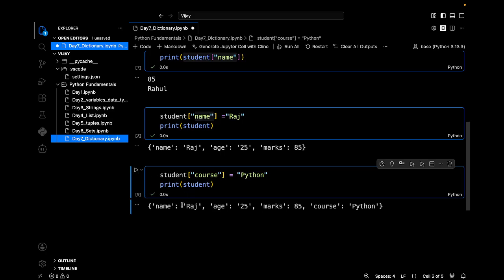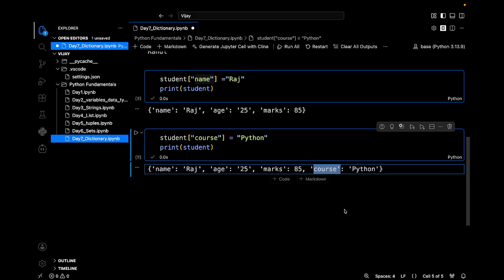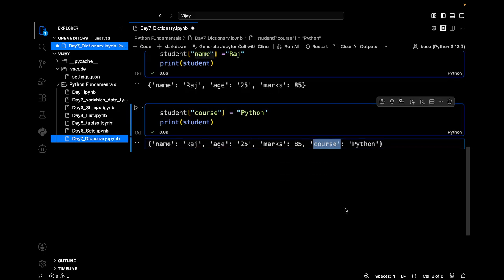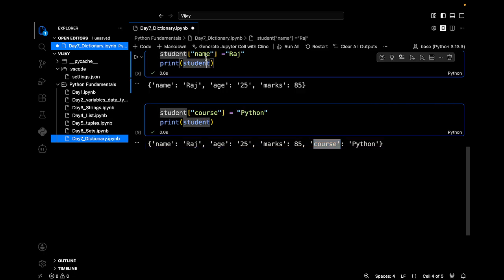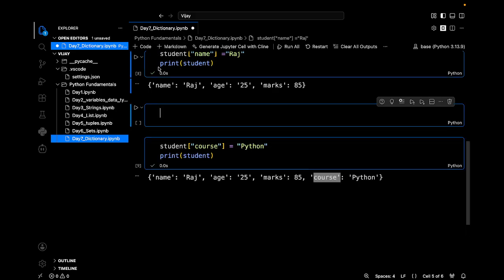Okay. So you can see course was not present. So it is very easy and straightforward to add a new key to the existing dictionary. Update operation we already saw here, how we can update the value of any existing key. Now let's say we can also perform the pop operation to remove any